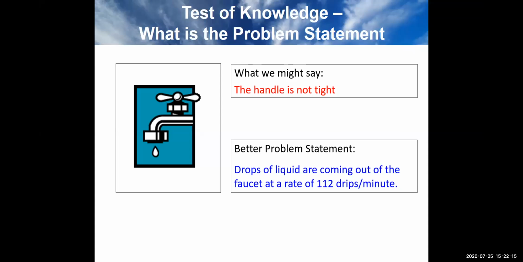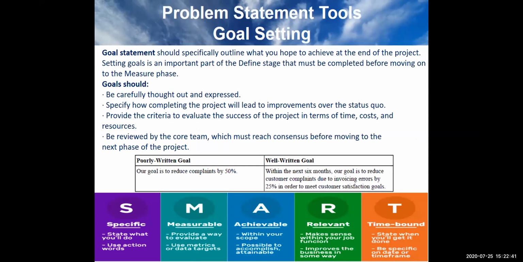A better one would say, as Kehinde Olabode said, began on the 21st of July, 5 liters of water, so that's your measuring. It's a problem statement. Kehinde's statement is more robust because it's telling us when it started, how many leaks, that kind of stuff. This one is also saying it drips at 122 drips per minute, so it's been measured, right? Which takes us to the next thing, goal statement, goal setting, which is a problem statement tool.